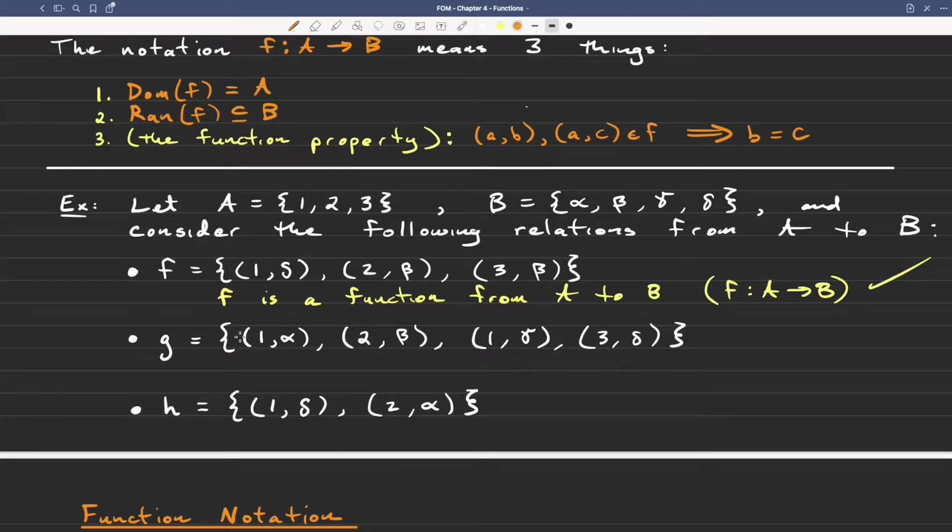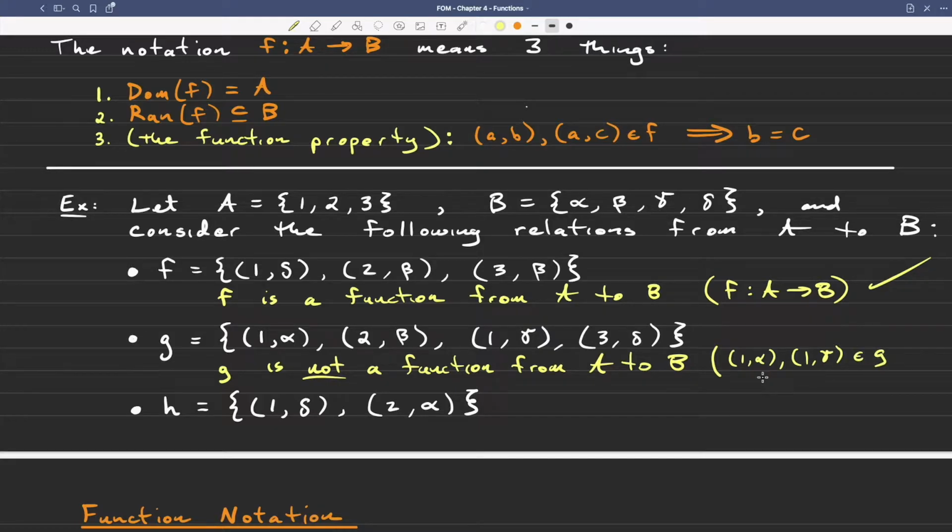So G is not a function from A to B because we have this thing going on where 1 comma alpha and 1 comma gamma are in G, but alpha does not equal gamma. Now, G does have an okay domain. The domain is all of A, and its range is contained in B,